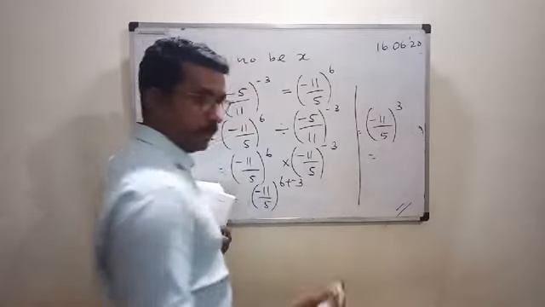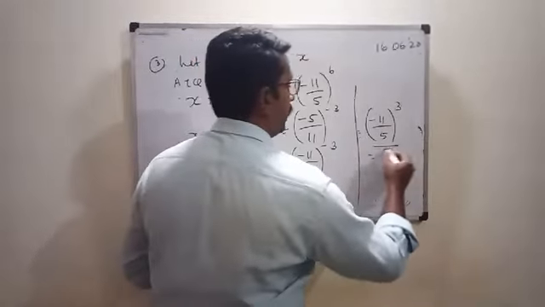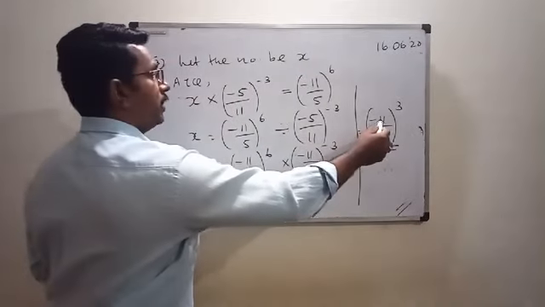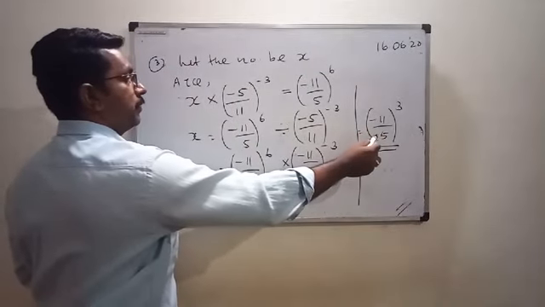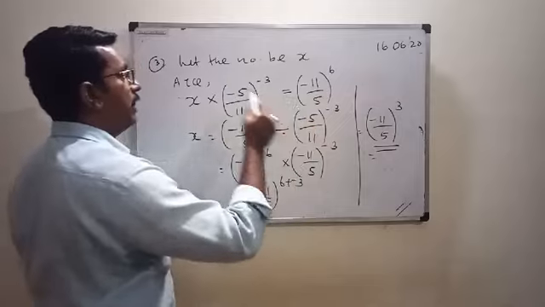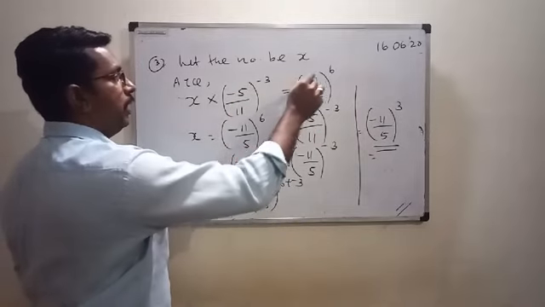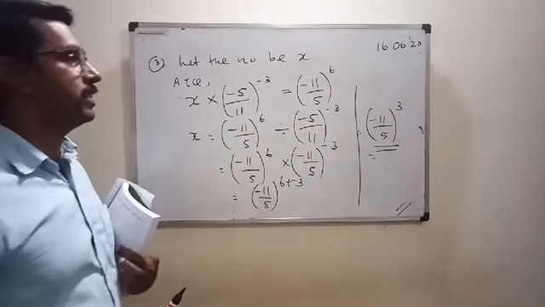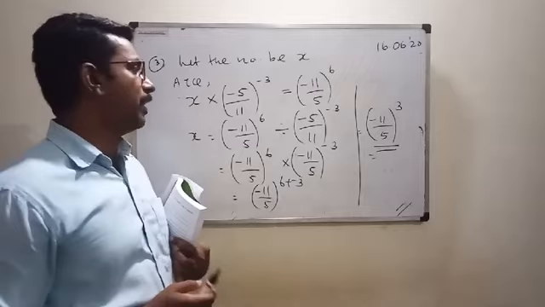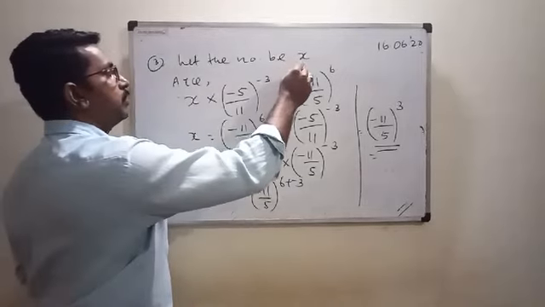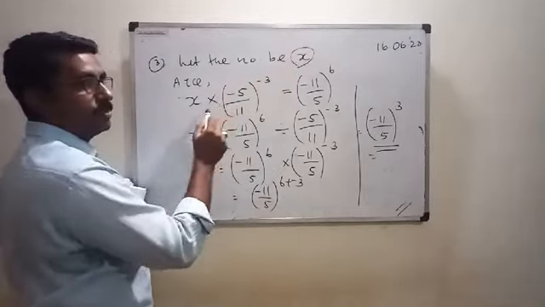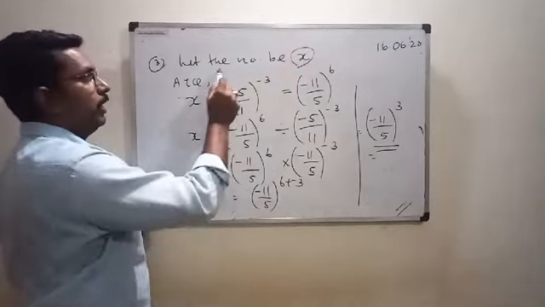So you see this one, minus 11 you can convert into a rational number, no problem. Minus 11 upon 5 to the power 3 should be multiplied with this one in order to get minus 11 upon 5 to the power 6. So we assume that the number be x, so we multiply these two, application of linear equation.